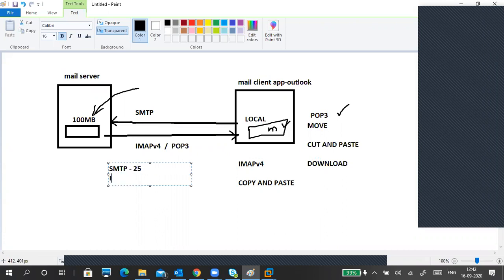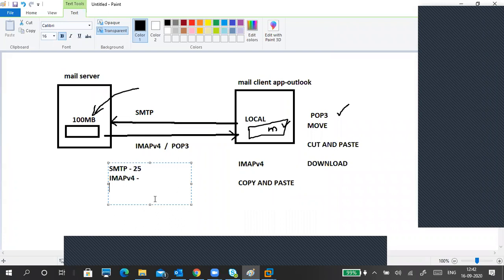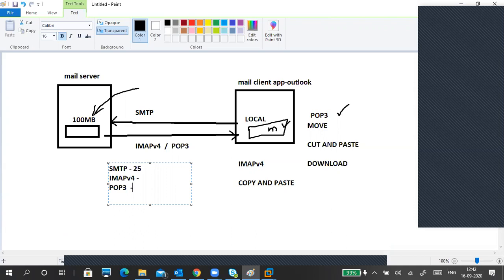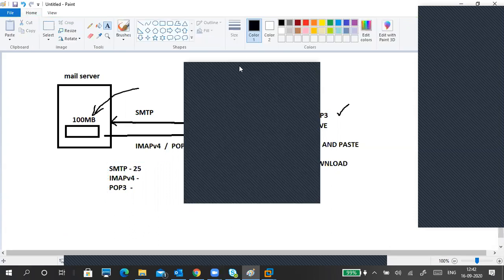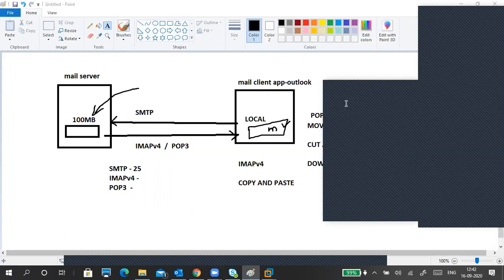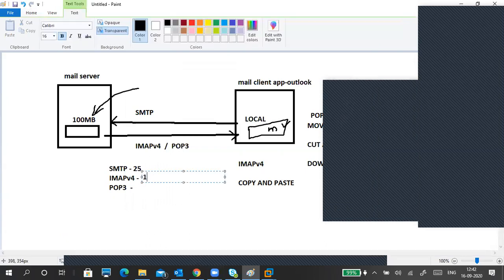Okay, IMAP version 4, port number is... yes, IMAP version 4, 143. Yes, very good. And POP3 port number 110.